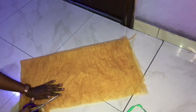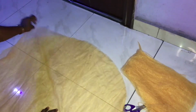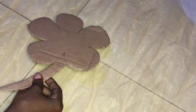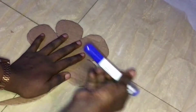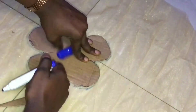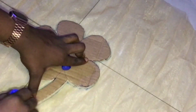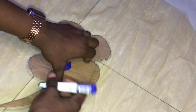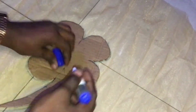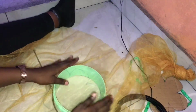Okay. Moving on. I wanted to measure this, but no, I just folded and cut. Bam, and it came out looking like this because I'm going to use it for my hair bonnet video, which I haven't uploaded yet, but I'll upload it very soon, so wait for that video. You will love it. So tracing down on the net material, my beautiful flower, yay, and boom, came out looking this gorgeous. And placing on my already made